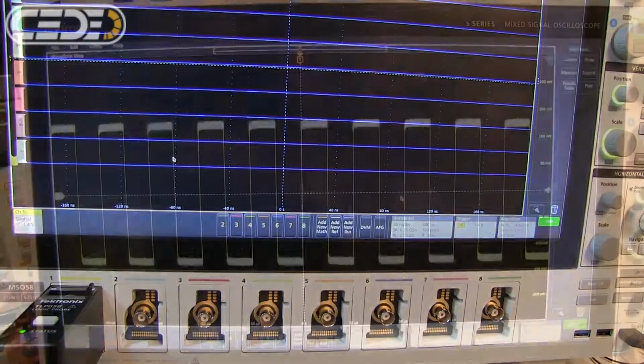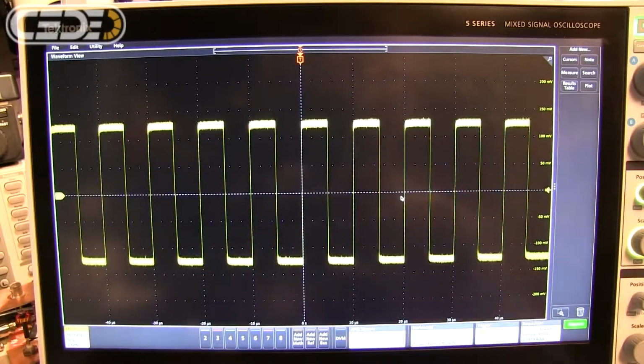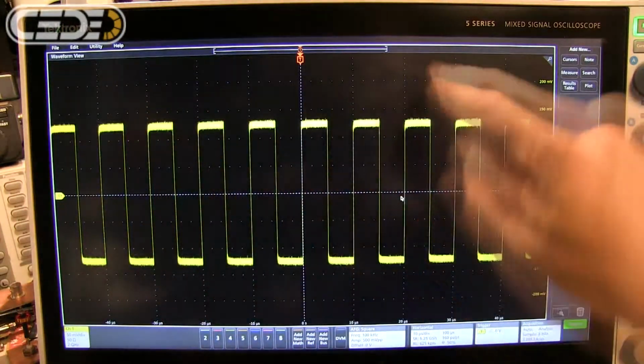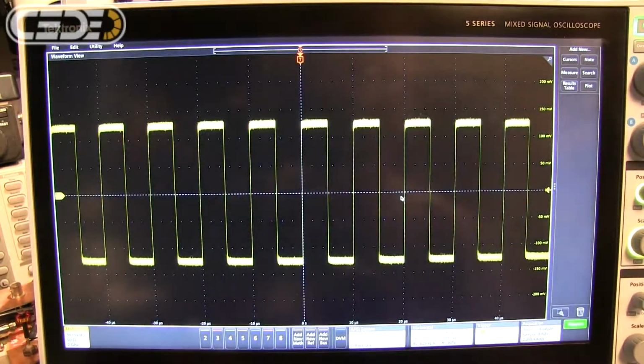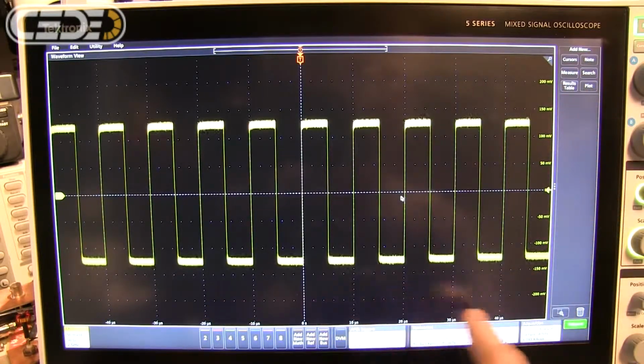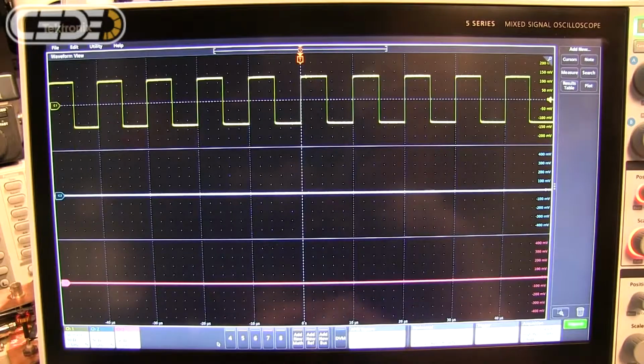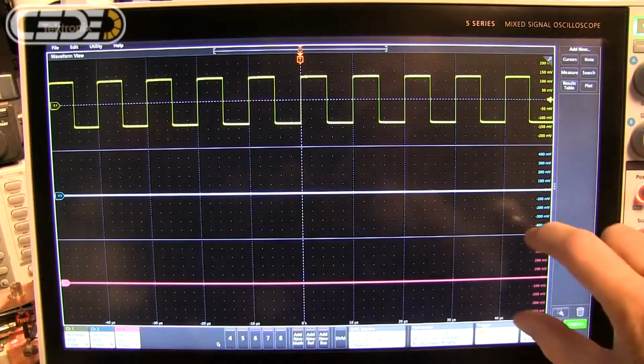the same scope. Another standout feature is this 15.6-inch capacitive multi-touch high-definition display with 1920 by 1024 pixels of resolution. This kind of resolution adds a lot of capability to what can be done with this display. Even simple things like adding horizontal and vertical graticule labels make it a lot easier to interpret what's going on on